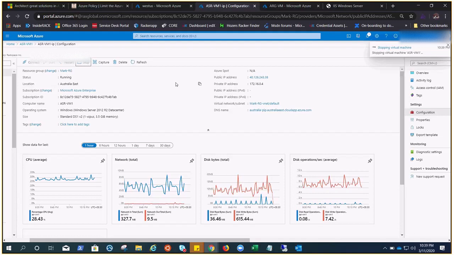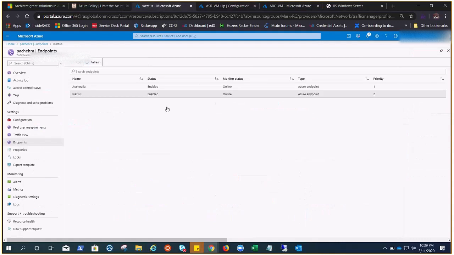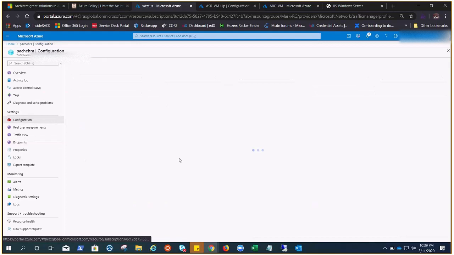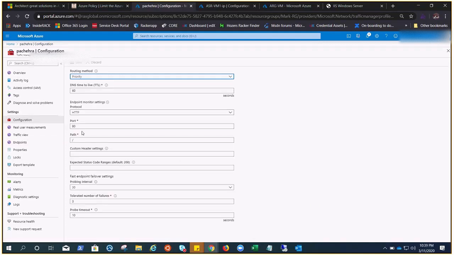We only created these machines for the demonstration purpose. We need to delete them. So let's stop it and do the complete lab. You can see under the configuration, it will go on the HTTP port 80, check the path, probing interval 30, tolerance number of failures 3. So it means it would take 1.5 minutes to become